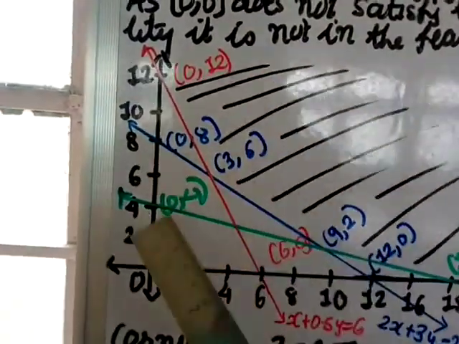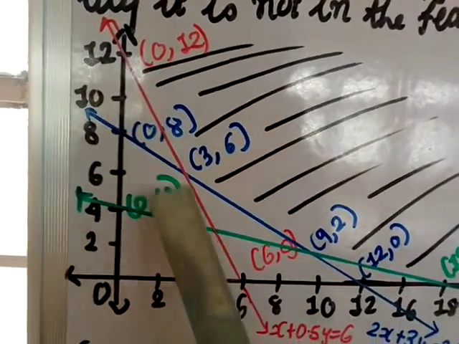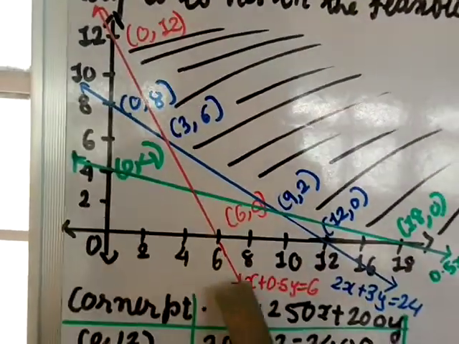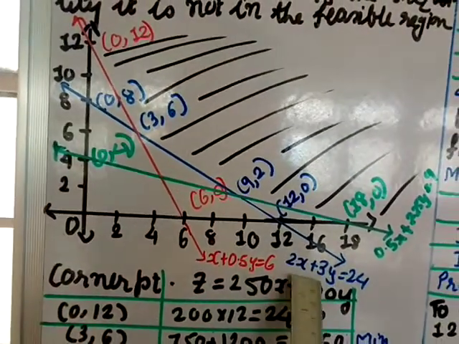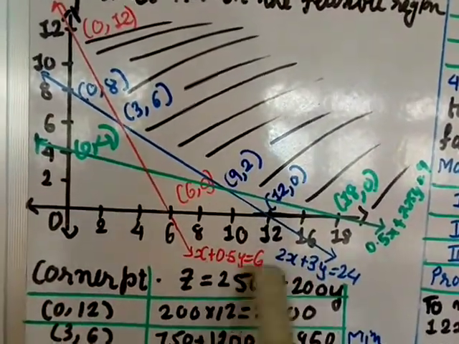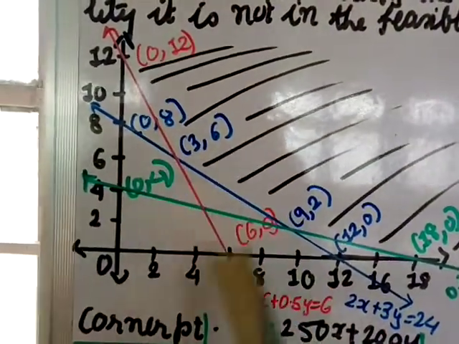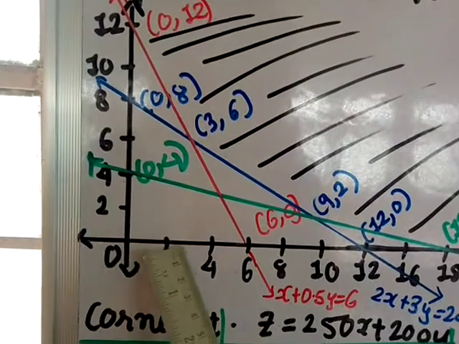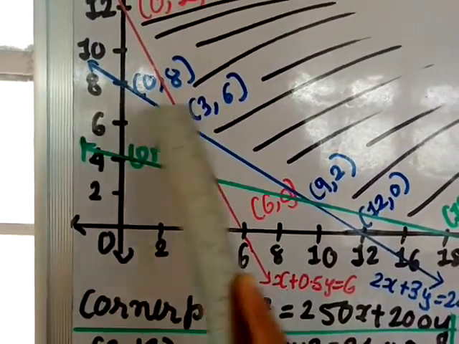Okay, so now here corner points are one is 0, 12, one is the intersection of this line and this line. So when I solve this line, x plus 0.5y equal to 6, and this blue line, that is 2x plus 3y equal to 24, using the elimination method, I get x value as 3, y value as 6. Otherwise, from the graph also we can see, if you draw this line, somewhere x is 3, and somewhere this one is 6, that is the y value.